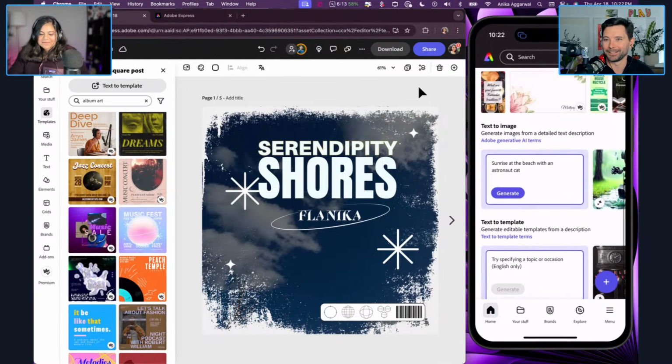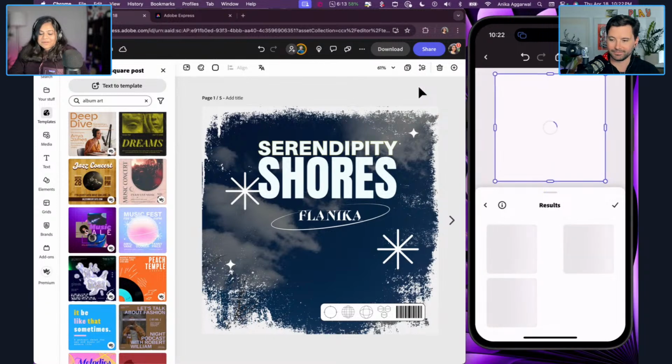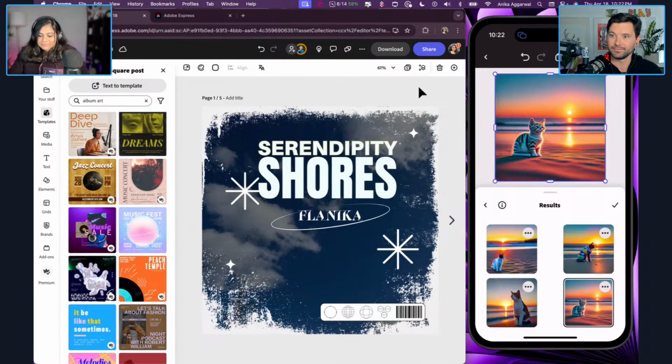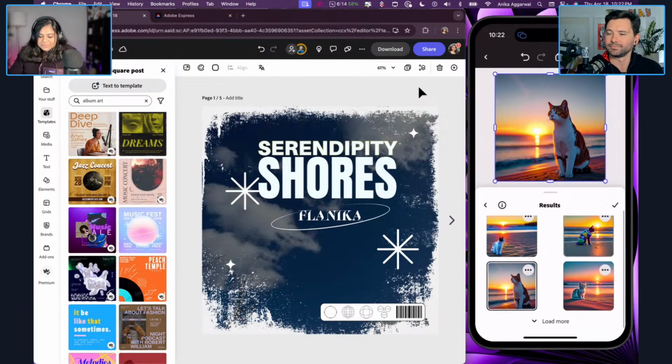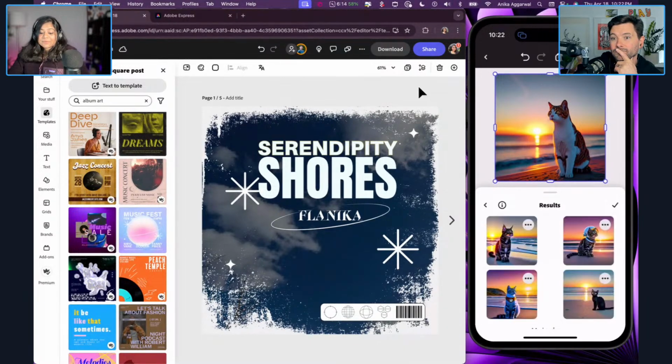But I'm at text to image. I'm writing sunrise at the beach with an astronaut cat. I don't know what's gonna be generated, but we'll find out together. I just clicked on generate, and it's gonna generate some images here, and this is cool. Wow. Nice. These are some cool images, and then you can go to load more, and maybe it's an astronaut cat who just landed on the beach